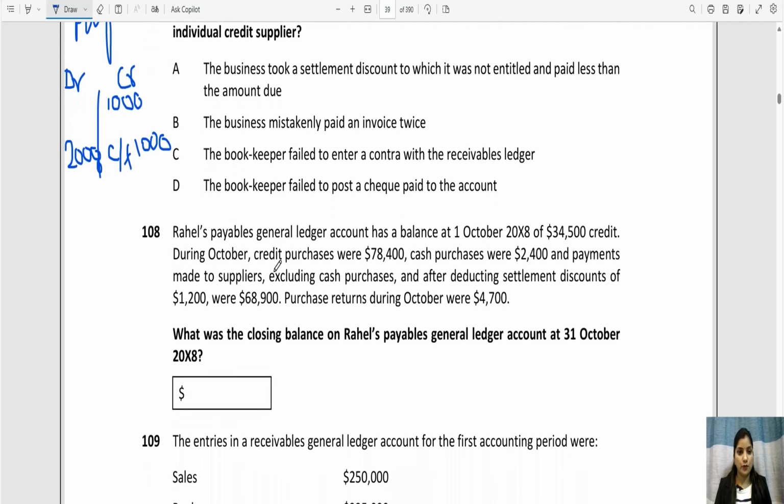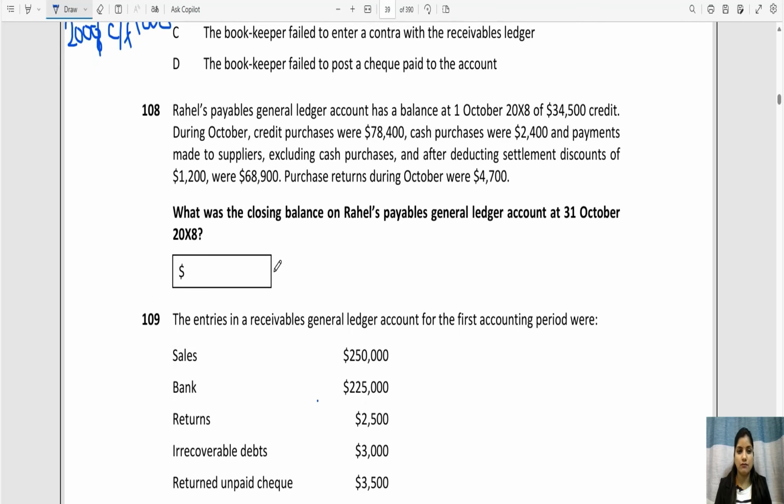Okay, moving ahead, next we have question number 108. Rachel's payables general ledger account has a balance of, again this is talking about the payable ledger balance. So if we draw the payable ledger, the payable ledger balance at 1st October 20X8 means it will be on the credit side, so it will be brought forward